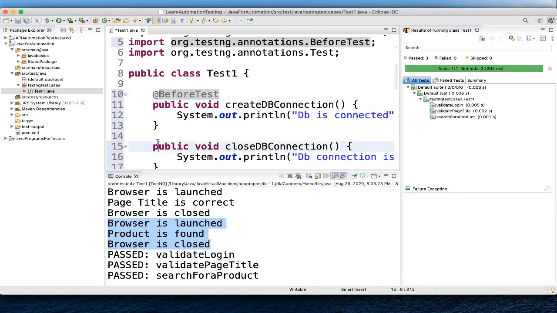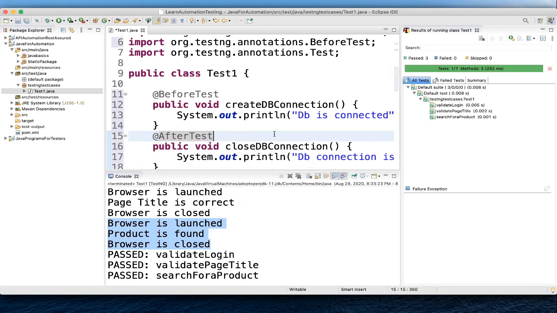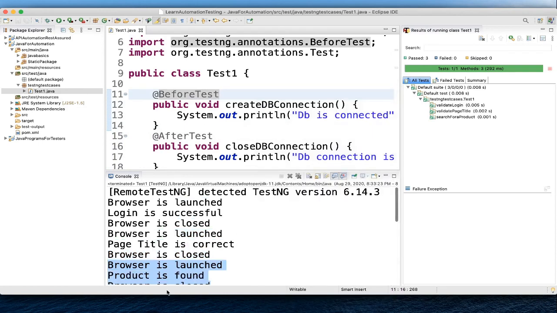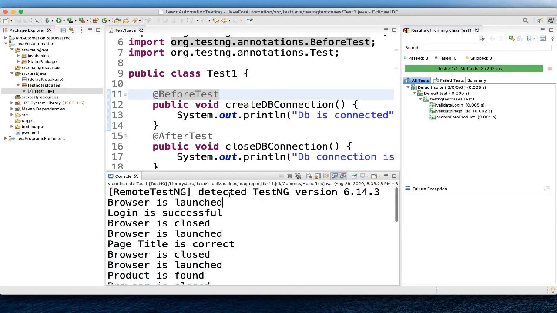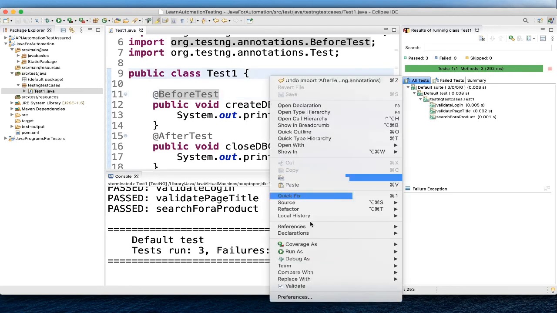So here we'll add @AfterTest, and again we need to import this. Okay, now let's execute and see. So what we want, all these things will get executed, but there will be one statement as DB connected, and in the end DB connection is closed. Let's execute and see.